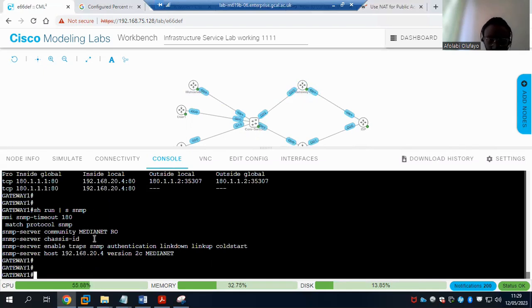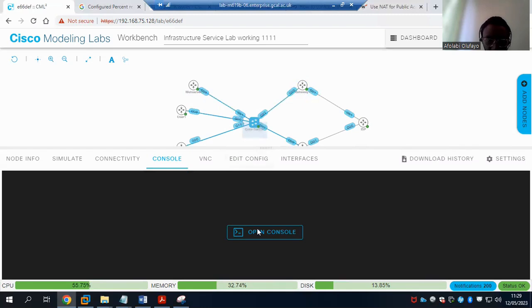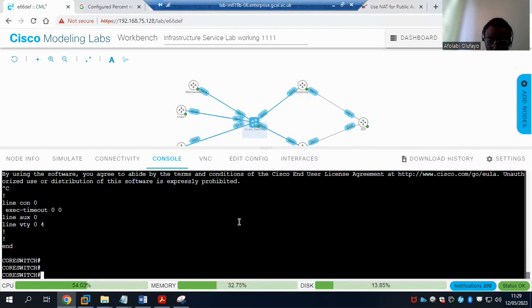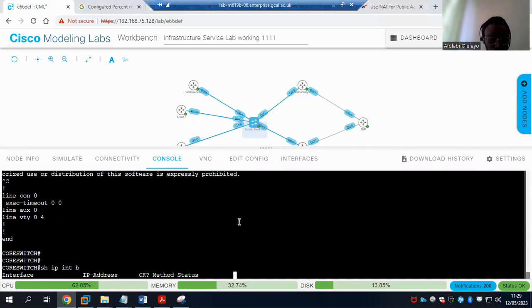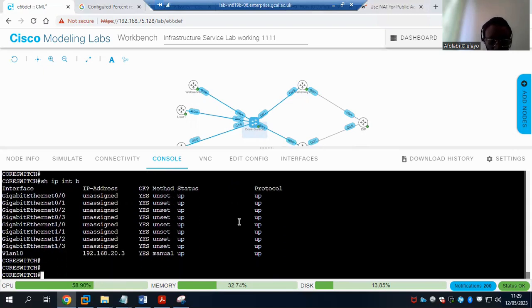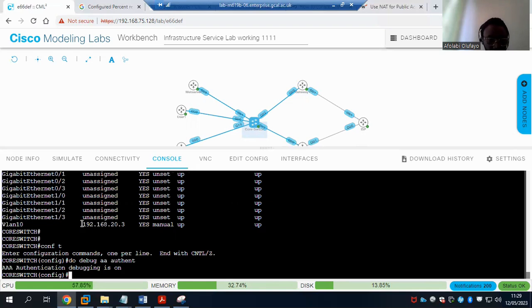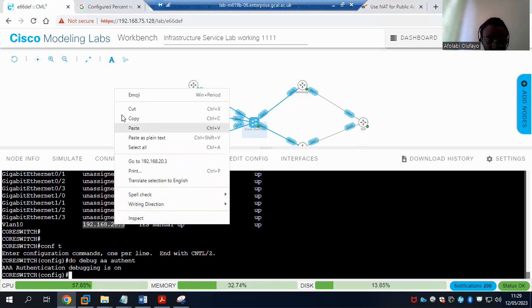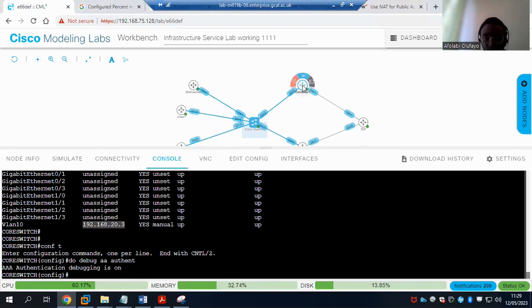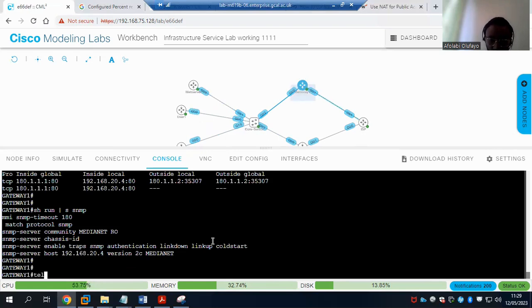I also have AAA running, and here I'm going to telnet from the gateway.